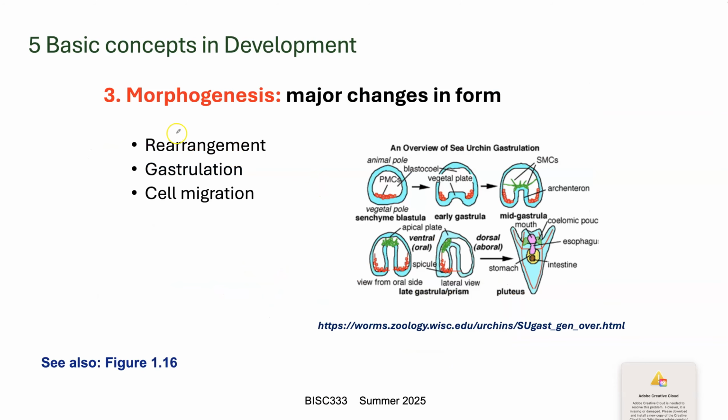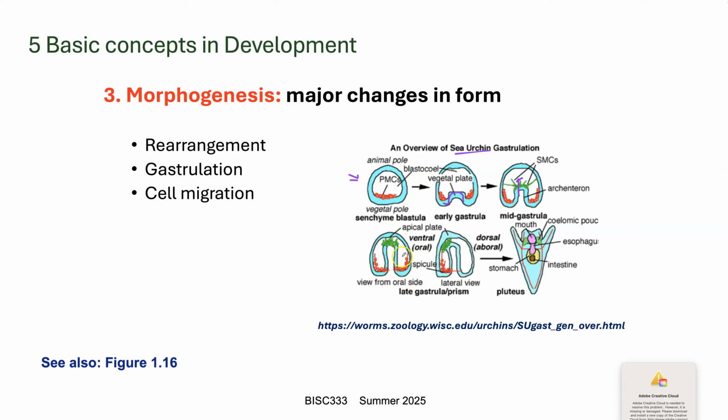Okay, and then morphogenesis refers to major changes in form. So this occurs, so for example, this is the blastula, this looks like a sea urchin to me. It is a sea urchin, yes. And basically from the blastula stage, which is a hollow ball of cells, you have certain cells that migrate inside. You have gastrulation, which is like a little invagination, followed by active migration of the cells inside